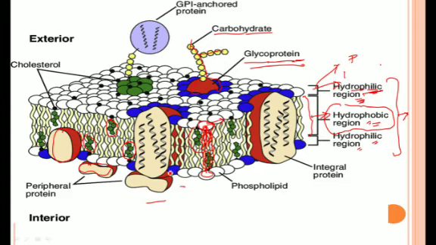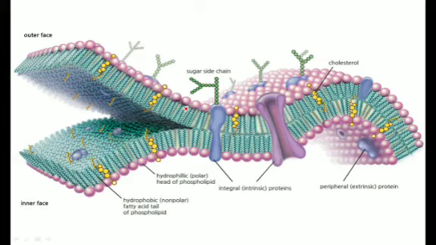If we move further, there is a diagram. This is a different three-dimensional diagram of the plasma membrane. This is a sugar chain, made up of carbohydrate on the surface of the plasma membrane. The inside structure that we can see here is the tails of the lipid bilayer. Inside, in between these tails, there is a presence of cholesterol. These are chains of cholesterol randomly present inside the chain.